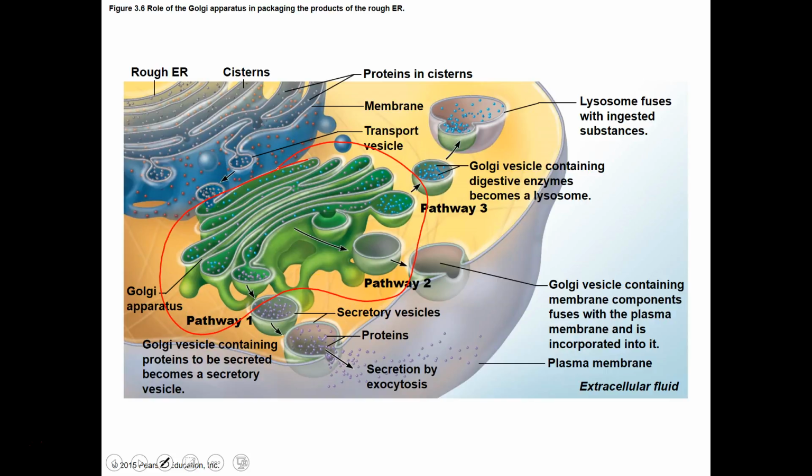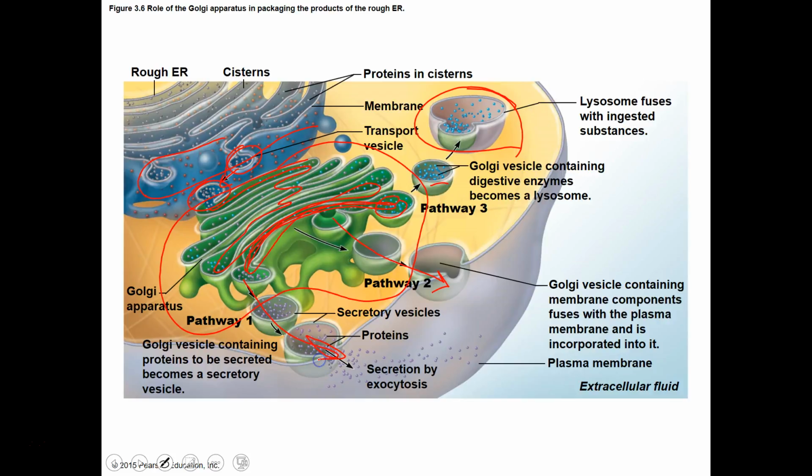And you can see it looks like stacked membranes or stacked plates. You can see the rough endoplasmic reticulum here creating these vesicles of proteins that are then taken up by the Golgi apparatus. They come on through this thing. They're repackaged, reshaped, reconstituted, put in another vesicle, and kicked out. This one may stay inside. This is a lysosome, actually. It's going to stay inside and be utilized to deal with other substances that may not belong inside of the cell. This path right here is going to go to the outside of the cell.